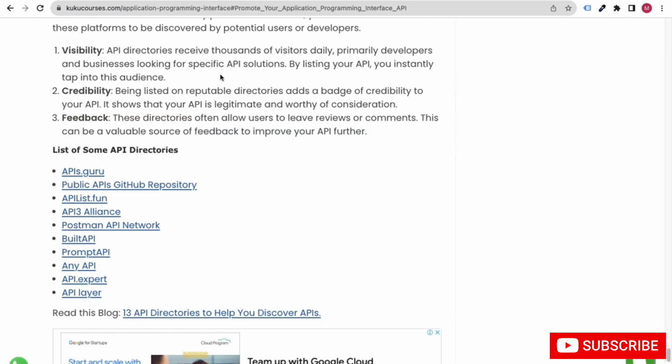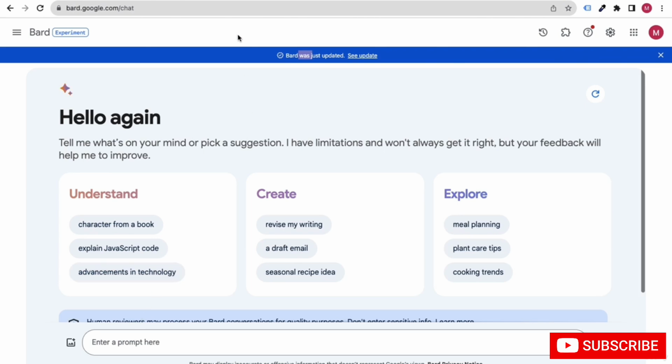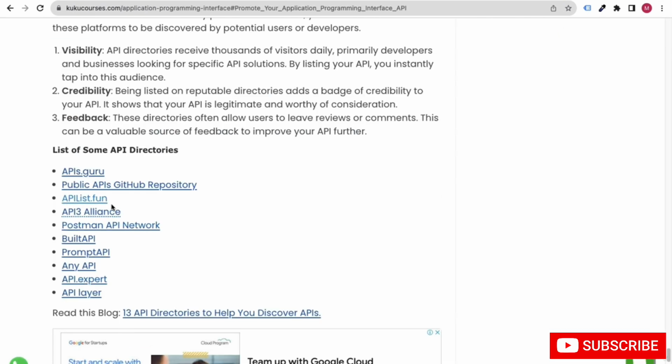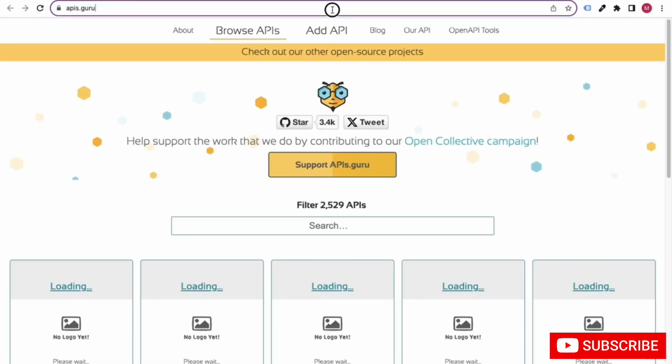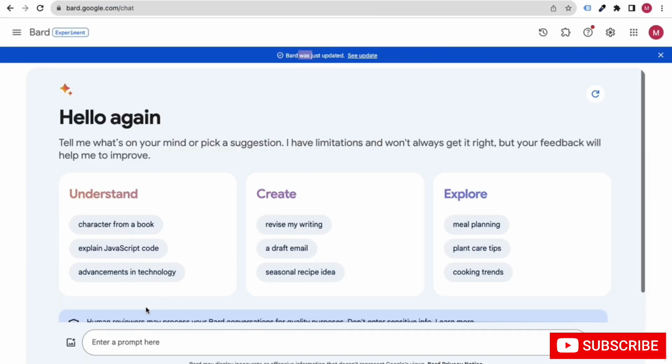You can tell it, hey, can you tell me how to put my API on, let's say, this particular website. If you click here, you can say, hey, how can I list my API on this website?